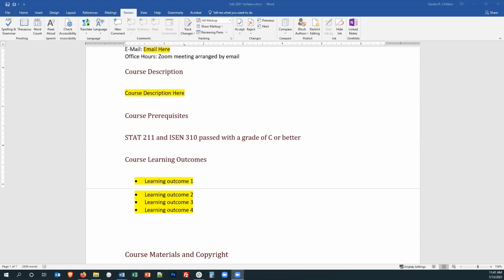Word can help you find and fix many accessibility issues before you even upload to Canvas. However, once your document is in Canvas, you still need to click that icon to see if Canvas found any additional issues that Word wasn't able to. So this process ensures every single one of your students can access all of the content within your syllabus and other documents and won't immediately experience barriers in understanding what your course will entail.